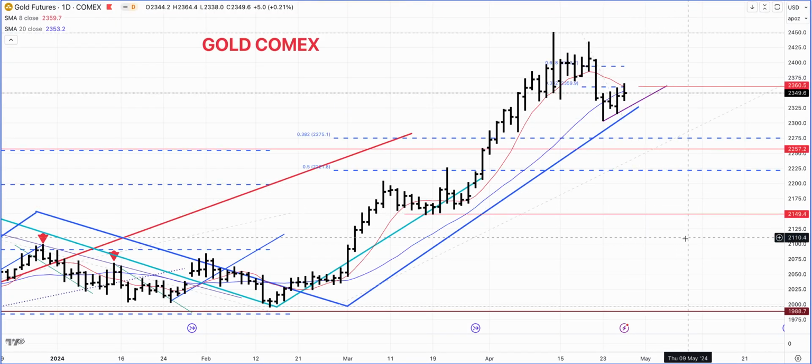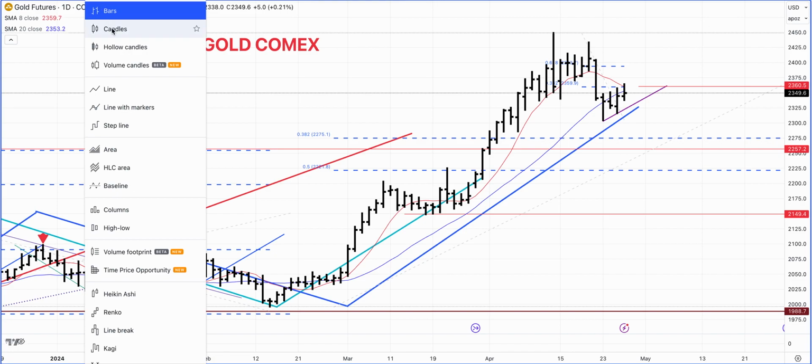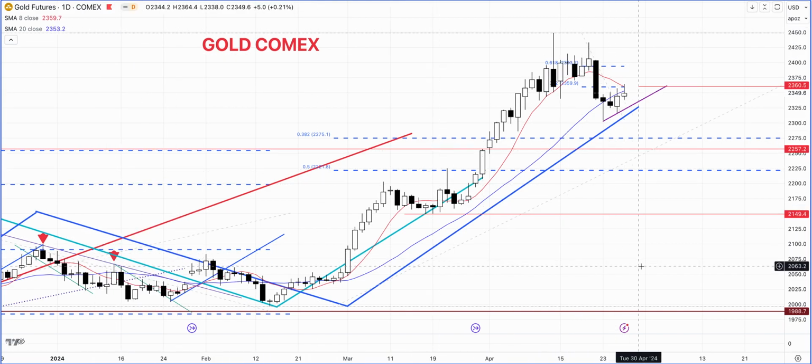So we move back to the chart of gold, and what we have seen is actually the market closed positive. So let me actually turn it over to the candlestick because I think it's a little bit easier visually, although personally I do prefer the bar charts over the candlesticks because I think it's easier to see the open and the close and the low and high, and sometimes the signals are easily spotted in my personal opinion. However, from a presentation perspective, candlesticks are a little bit easier to see because they're bigger.